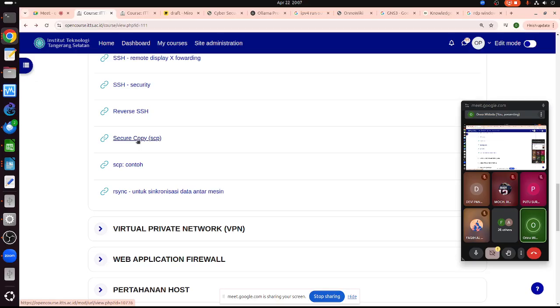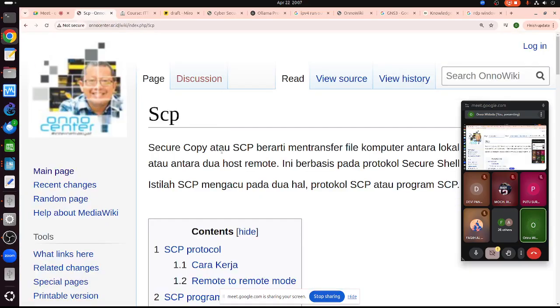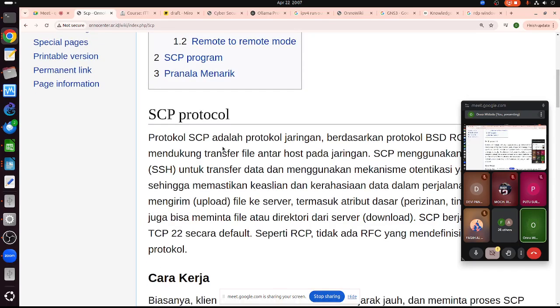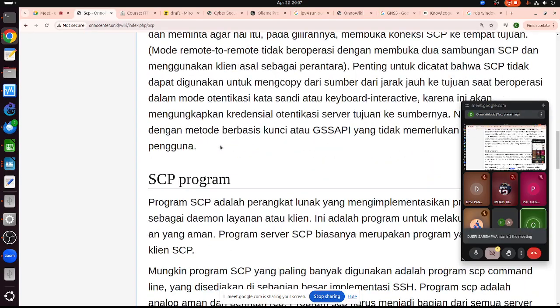The other one is secure copy. Normally, in the past, when we transferred files between two different machines, we used FTP. FTP is not secure at all because it's not encrypted. People can easily see your username and password. So to be able to secure the system, we need to use the secure copy protocol. Basically, it uses SSH